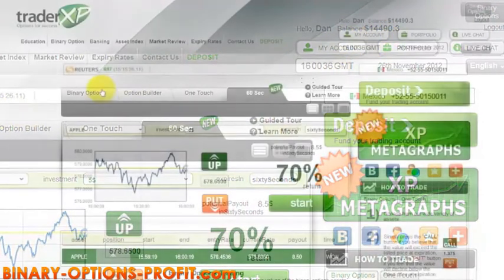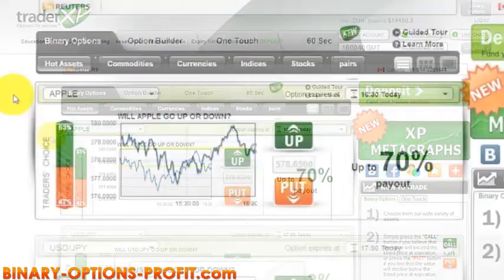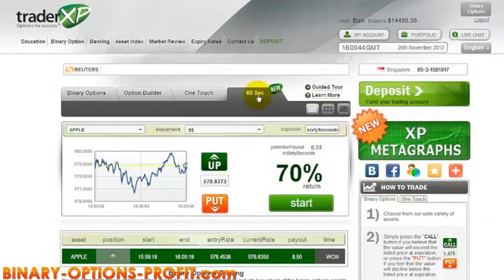As I explained, winning a trade means it's time to go back to step number 1. Click the Binary Options tab to check the Trader's Choice tool. Notice that 53% of traders currently believe that the stock will go up. Let's head back to the 60 Seconds tab and open another $5 trade. Now the trade will be the same as before. We'll use the Call button to go with the majority of traders, click the green Start button, and then we'll